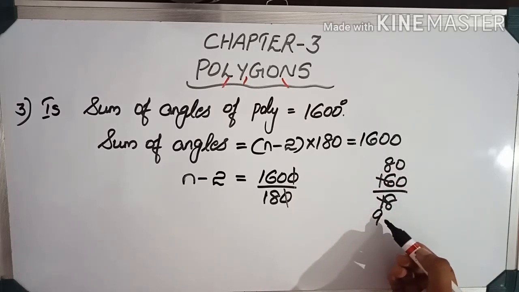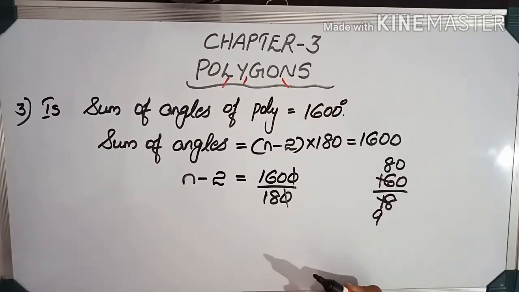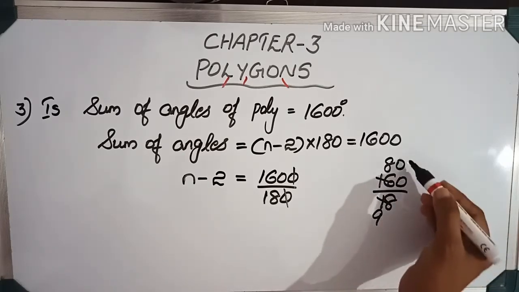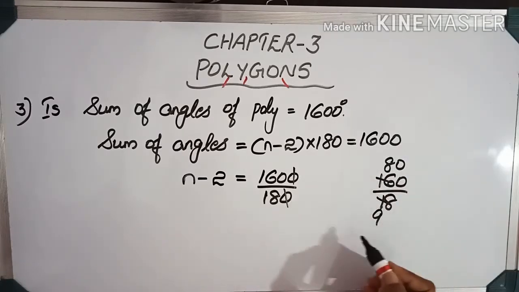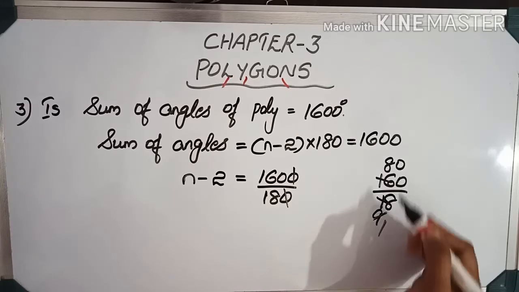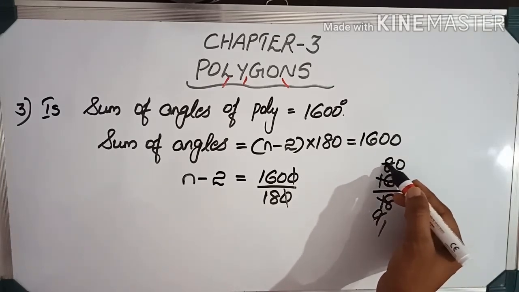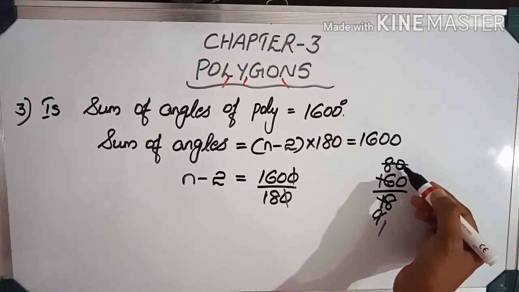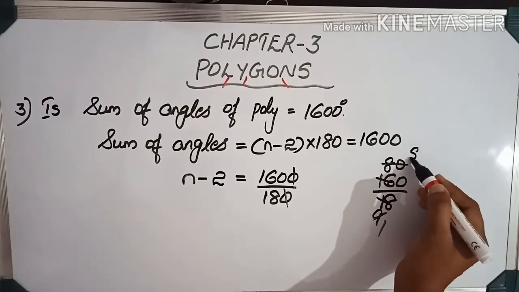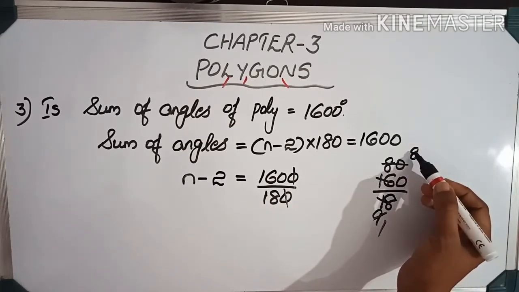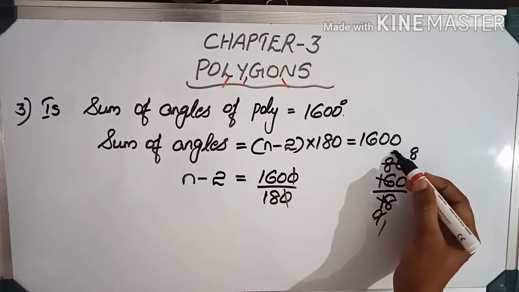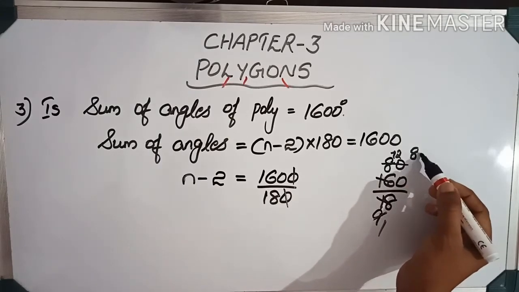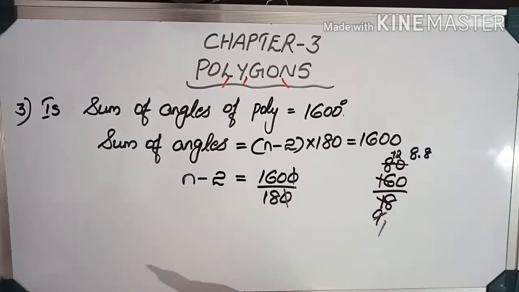80 by 9 means, can we divide this completely? Not possible, isn't it? Because decimal numbers will be there. When you continue, decimal numbers will be there. Okay, I will show you. In 9 only one 9. In 8 no nines. In 80 how many nines are there? 9 nines are 81. But here not 81, only 80 is there. So only 8 nines are there. 8 nines are 72. Balance is 8. Again 80 will be, so 8.8 something will be the answer.